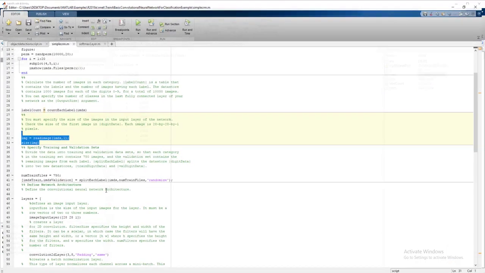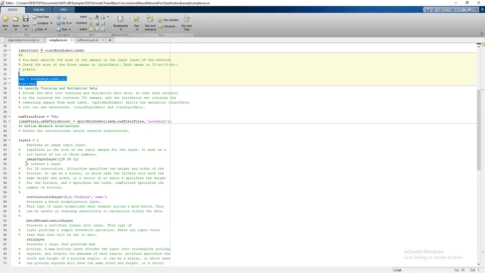A deep neural network contains an input layer. The input layer is designed for taking the input size to feed into the first convolutional layer. Here, the input layer contains the length of the images, the breadth of the images, and the number of channels available in the images. We have a grayscale input image, which is why the channel is 1. If you have RGB images, you need to put 3 here instead of 1.